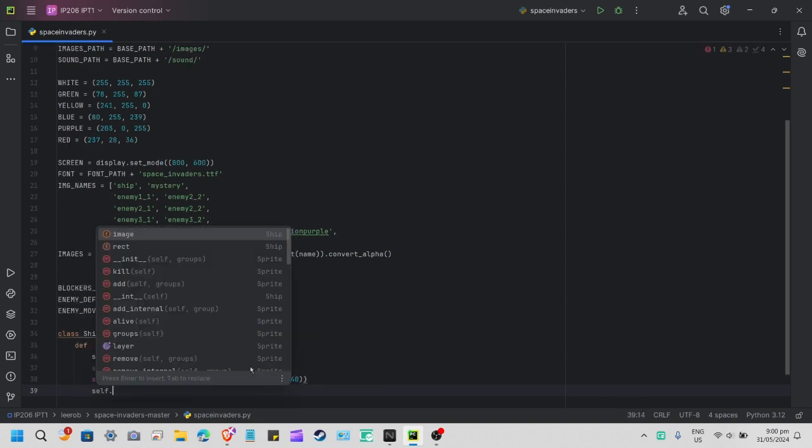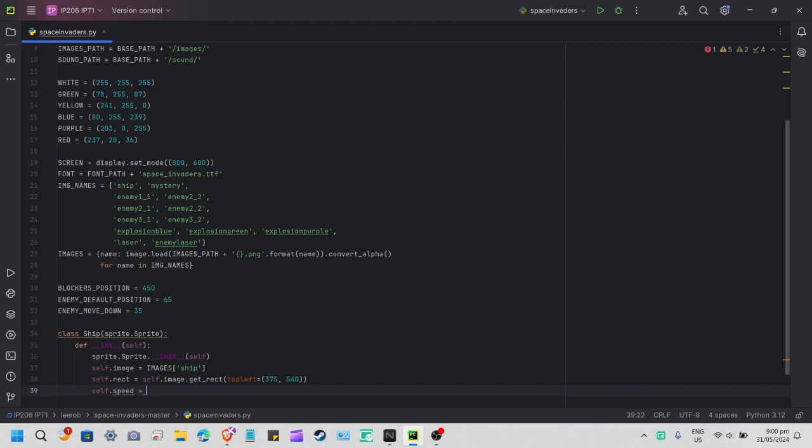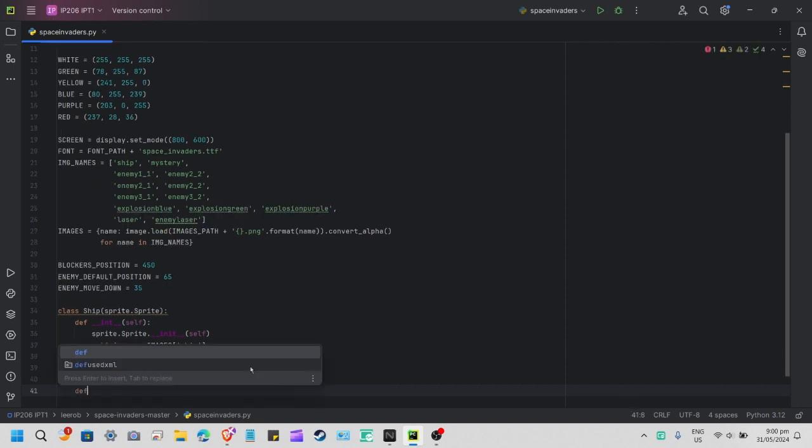And then finally self.speed equals 5. The reason why we have self.speed is basically the amount of pixels it moves every time you press left or right. And finally, for the def or methods, we have update. And within that, it's not just self, we also have keys,